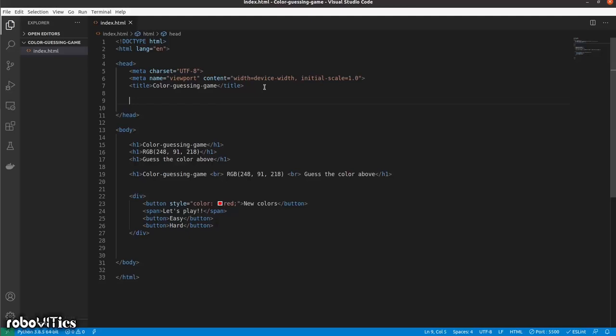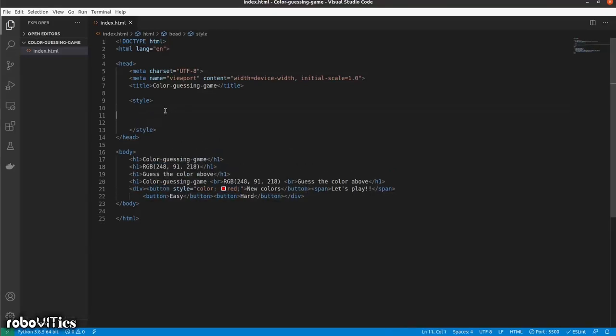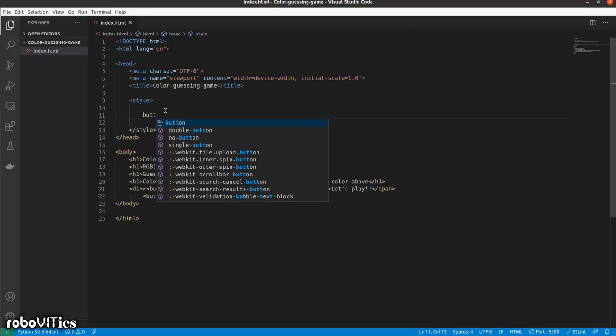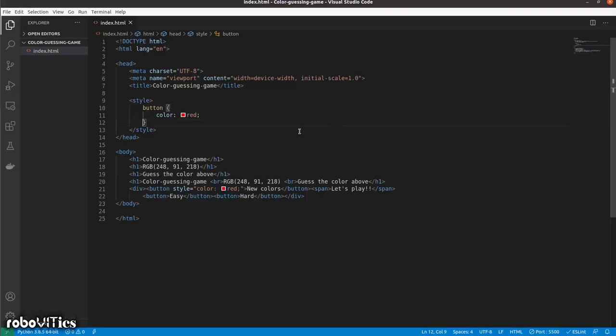Adding internally would just mean to use your style tag inside and have another closing style tag over here, so that it doesn't mess up the rendering of our file. And whatever goes inside this piece is just going to go over there. But how exactly do you know that you have to specify it for a button? For that, we mention button first, that's going to be your HTML tag that you want to target, and then put in the color red inside it. So let's just remove this and see how it looks.